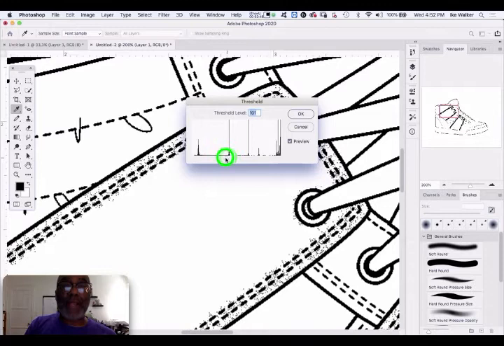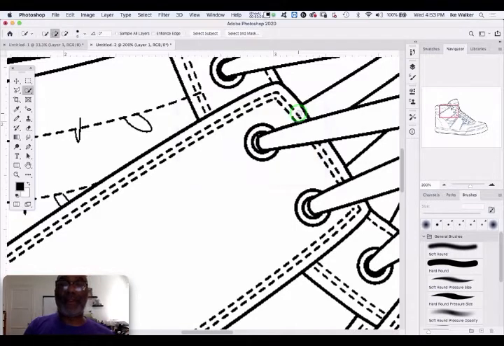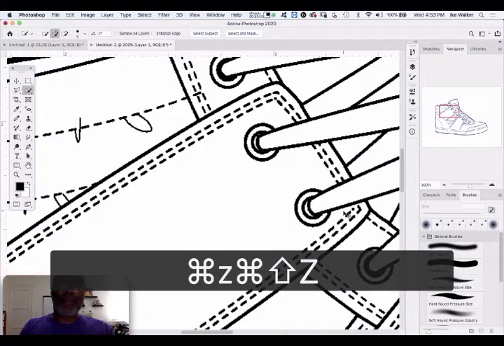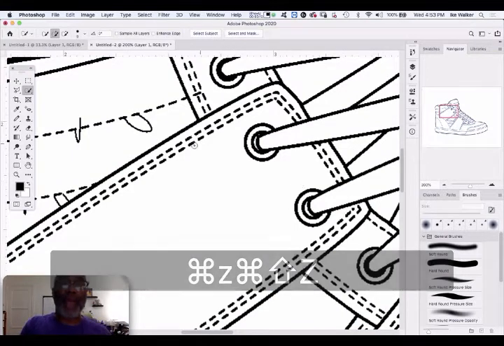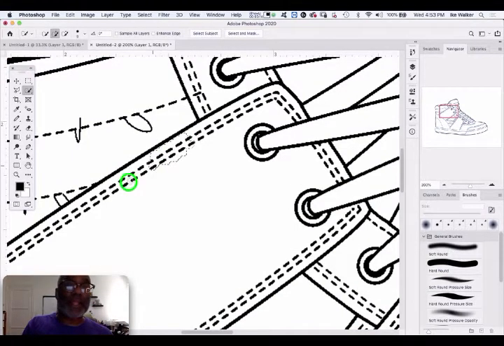So I'm sliding it towards the left, and I'm adjusting it so I'm not getting any residue from the gray or speckles of color. So there you have Threshold. Now I'm going to select the stitching